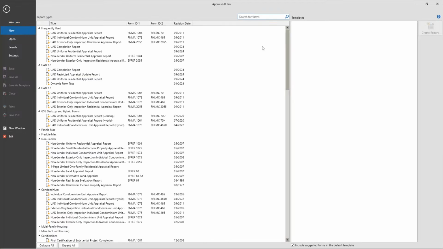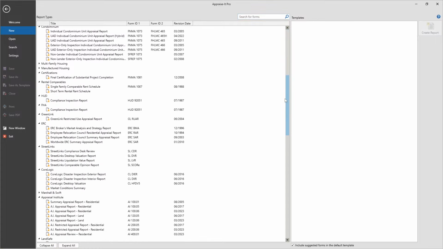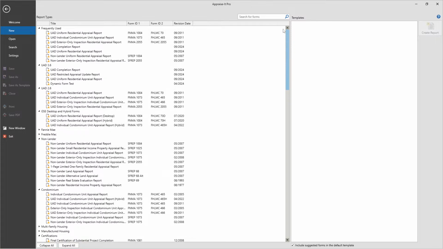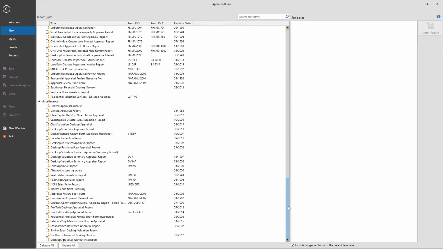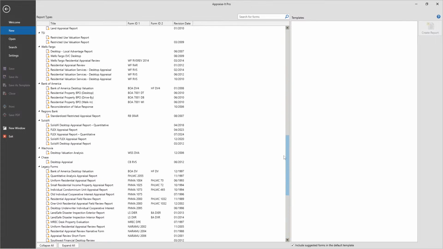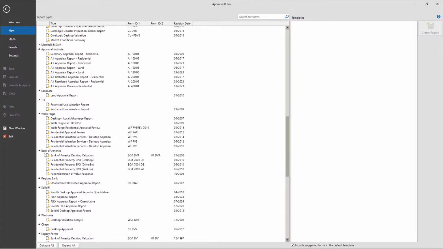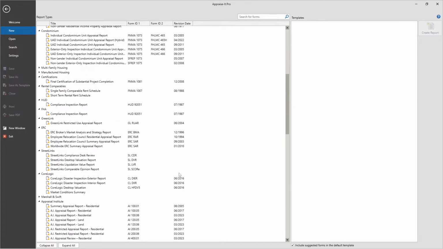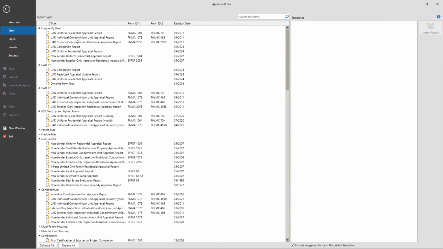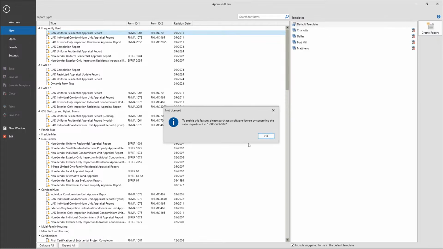If I go to New here, this is where I pick the type of form that I want to fill out. You'll notice we've got a lot of different forms in here. We've got old legacy forms from the pre-2005 days. We have specific forms for Wells Fargo, Bank of America, LandSafe, non-lending forms, etc. And if I wanted to open up a blank 1004 report, the current report,